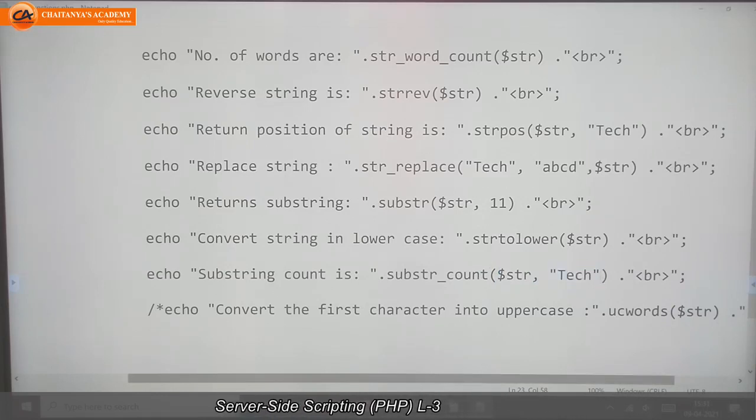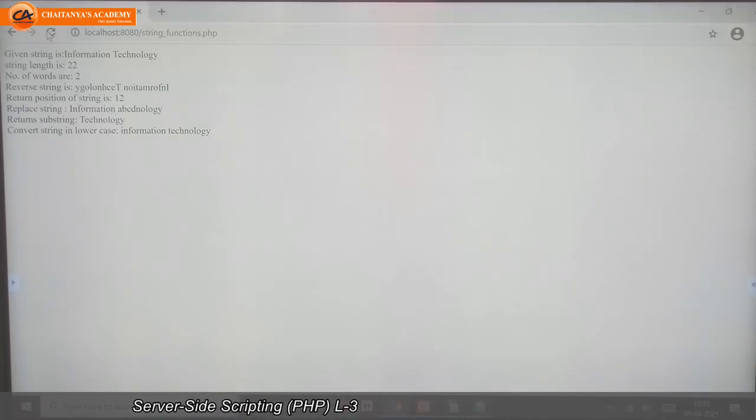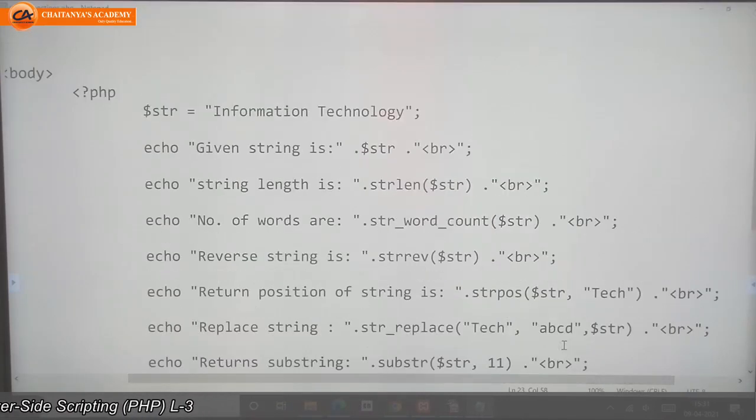So we'll see, substring count is 1. See, as this tech word is coming only one time. If I write technology here again, we'll check, the substring count comes as 2.